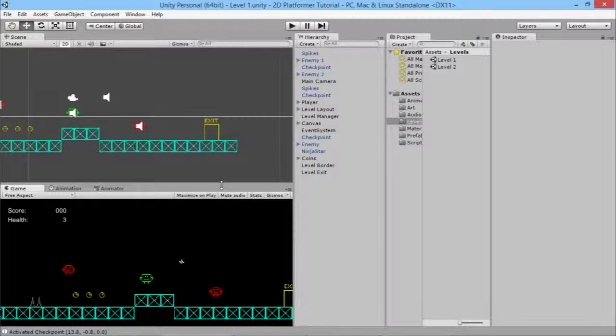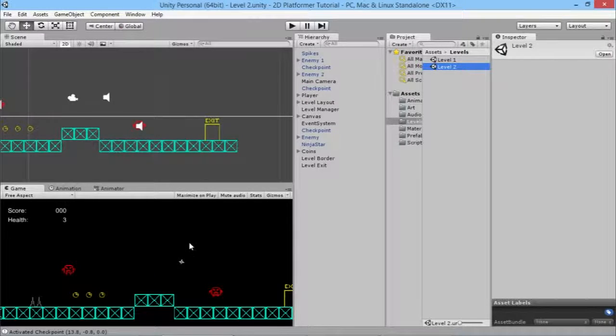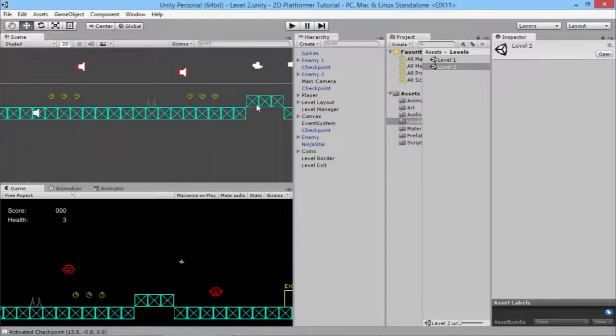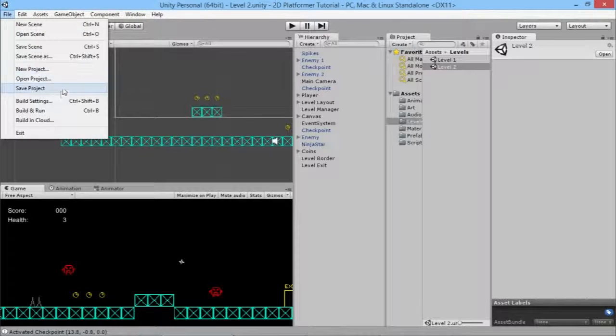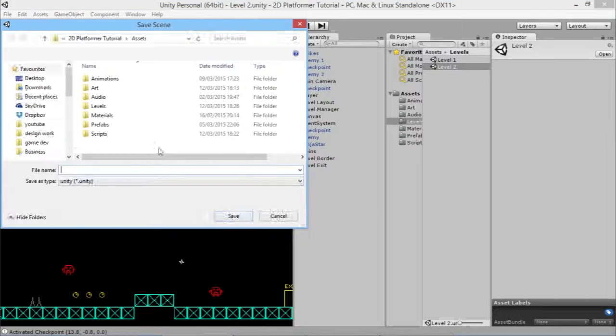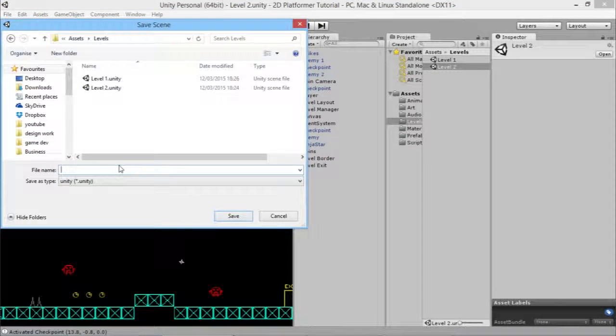But that's the basics of how to have multiple levels in your game. What we're just going to do now is have a super simple little level select thing. Using what we've just learned here, we'll go level 2 because we want to have like this little flat area that we made at the start be useful to us. So we've got level 2 here. We're going to go File, Save Scene As, into our levels, and we'll just call this